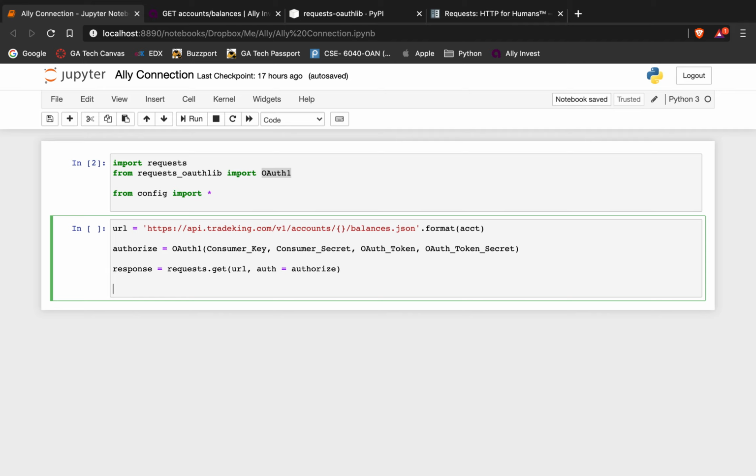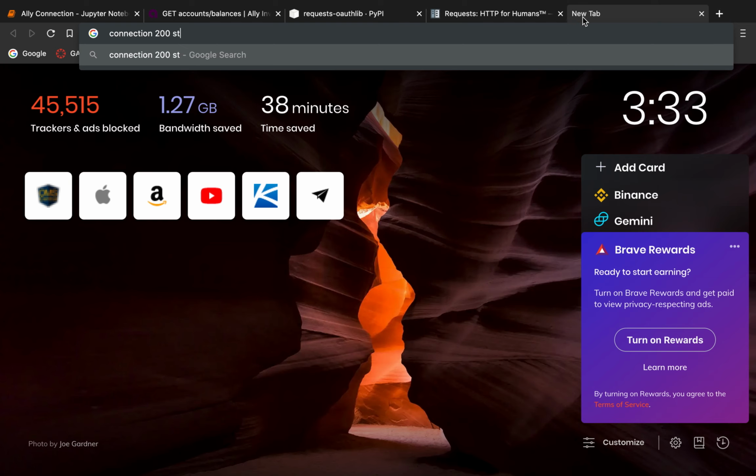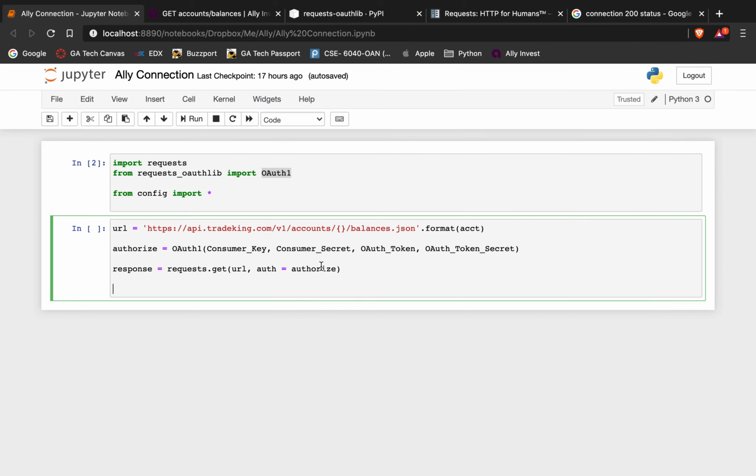So before we get the status code, all we need is to say 200. That means the connection was successful. So I'll open another window again. If you already know what this means, bear with me, but it's just proving that the connection was successful when we get a 200, so you can see what it means. So it indicates the request has succeeded, right? That's the whole goal, is to connect successfully. So to do that, all we need to do is get response status or status